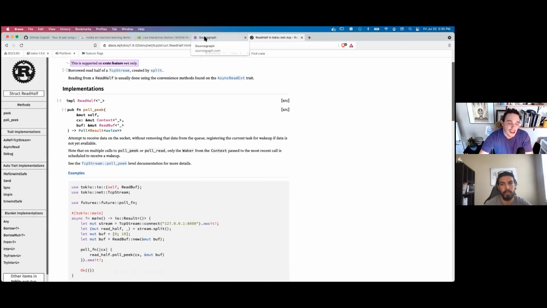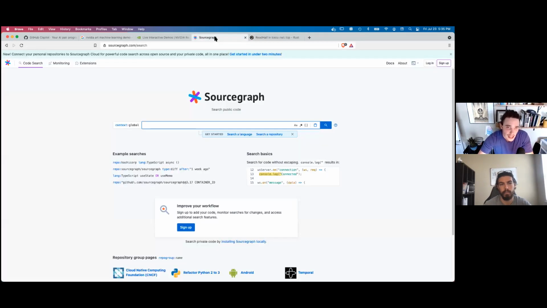It really is helpful for me to see not sandbox code examples, not Stack Overflow code examples, because all of those can be quite idealistic and removed from the reality of a real project. It's really helpful for me to see things in the wild. So Sourcegraph has indexed all the public code from GitLab and from GitHub, from a whole bunch of different code repositories. It's basically a search that even supports regex and other things for searching code out in the wild.